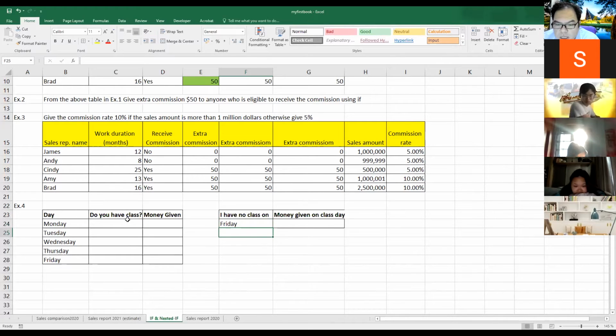So what do I want you to do? I want you to fill up the first table, in column C. I want you to consider the second table in cell F24 and justify the blank cells in column C on the days that you have class. For example, in this example Friday is a day that you don't have class, then I want you to use the IF function